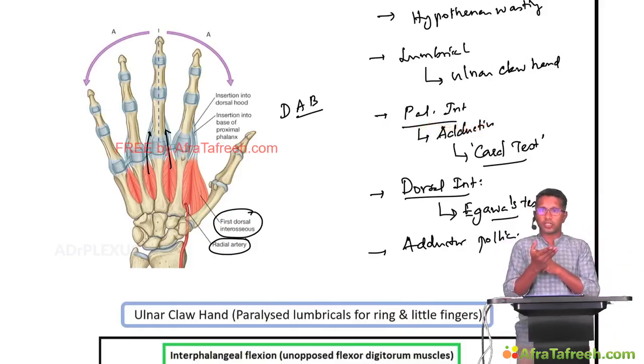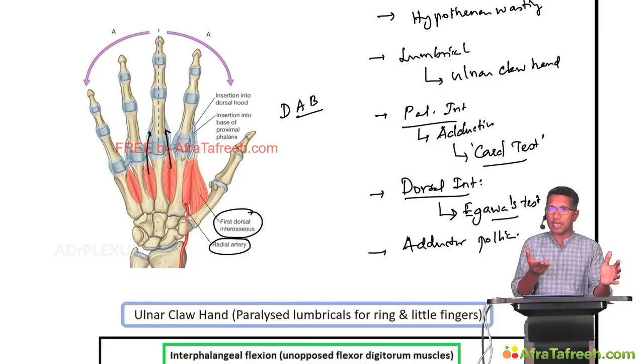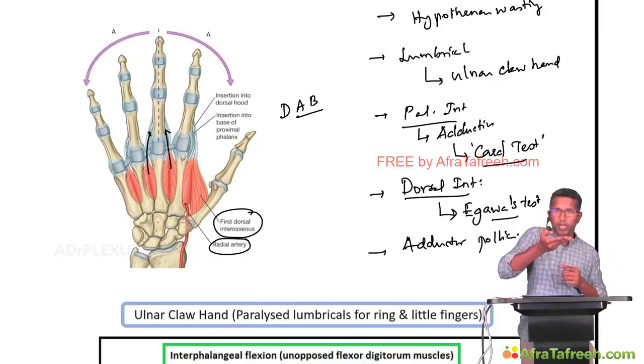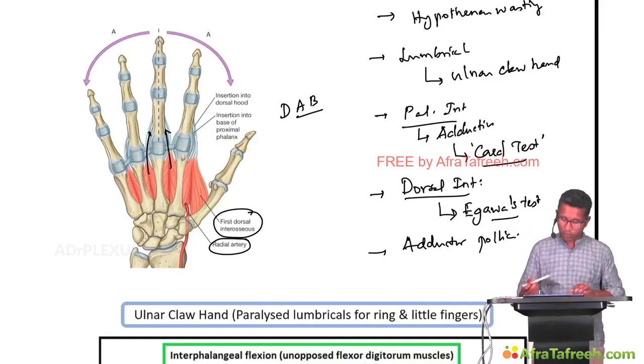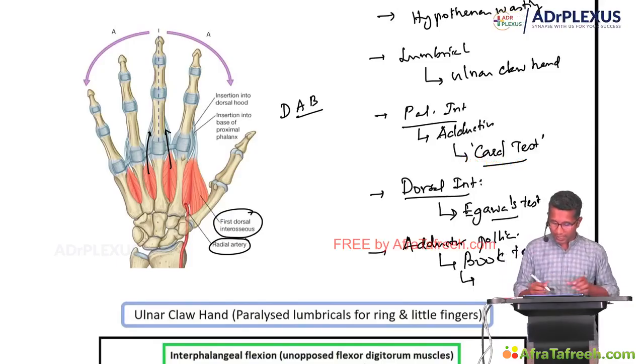So the anterior interosseous nerve is the nerve which supplies flexor pollicis longus, and we are checking the ulnar nerve. The patient will do a false action by flexing the thumb and will try to hold. This test is called the book test. You give a book and test, and if he flexes his thumb and holds,